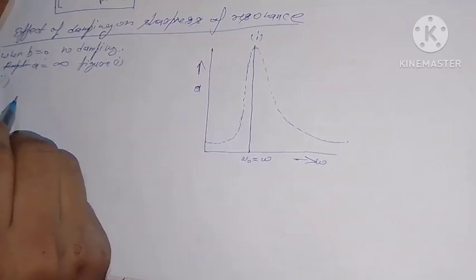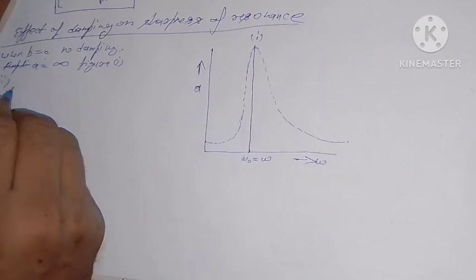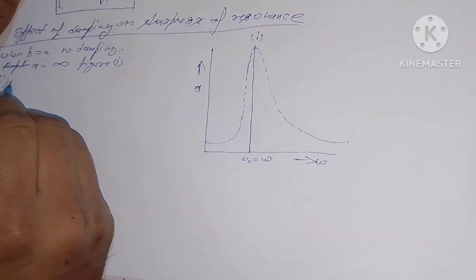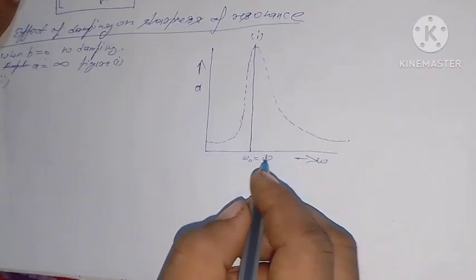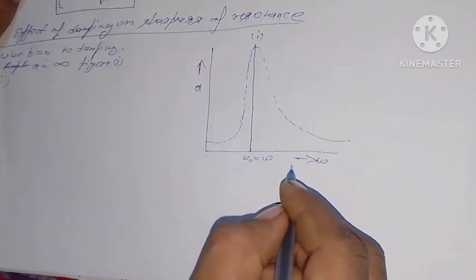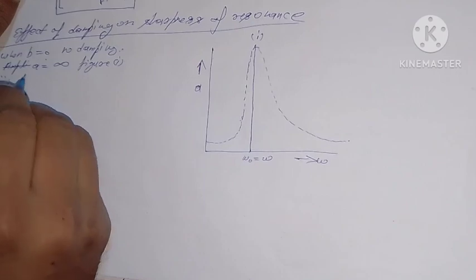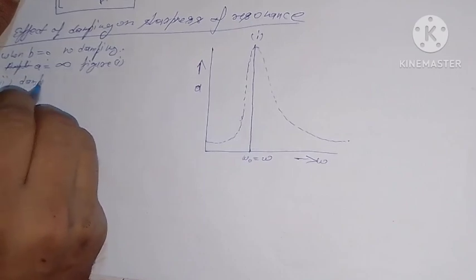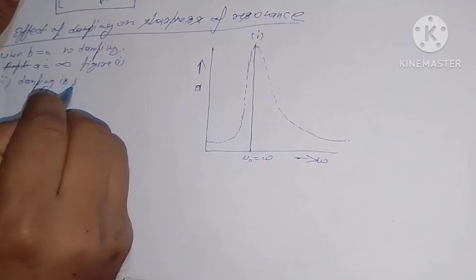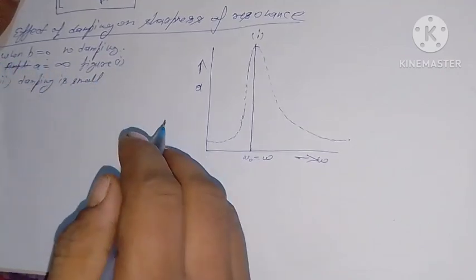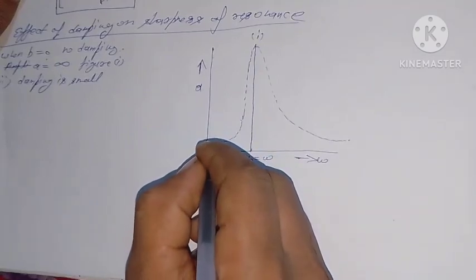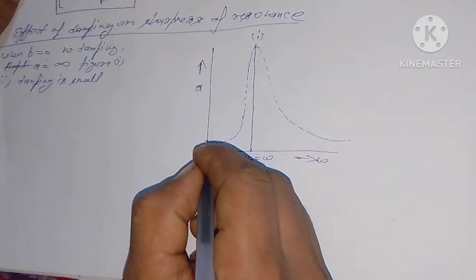Second point. When damping is small, the amplitude is sufficiently large but falls off rapidly as the frequency of the applied force becomes slightly different from the natural frequency of the body. You can show the second figure. When the damping is small, then this curve is